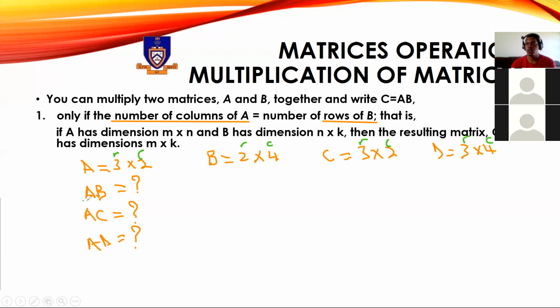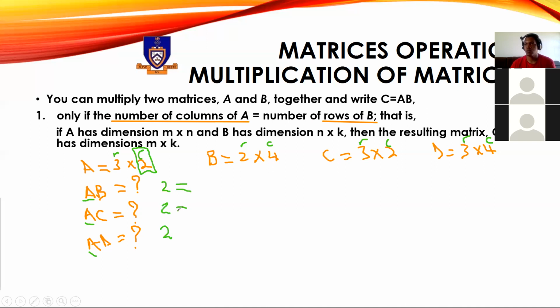Okay, so for us, our first matrix is A. Here you must look at the number of columns of the first matrix. The columns for the first matrix A is 2. It will be a 2 here also, and a 2 here, because 2 is the number of columns. And this must be equal to